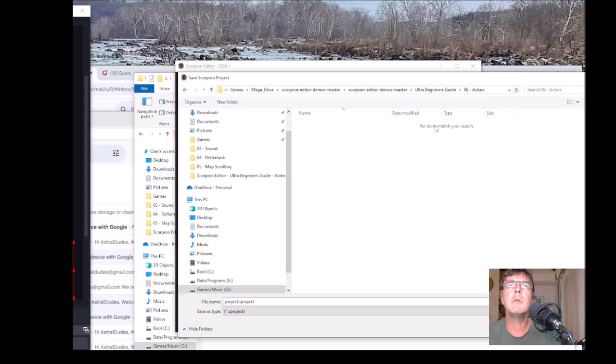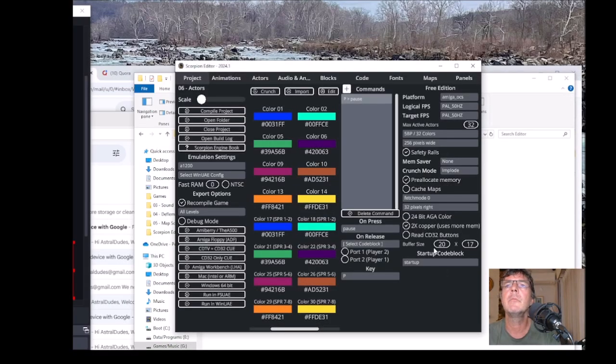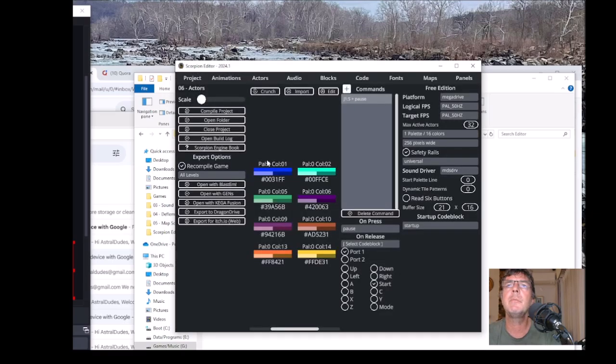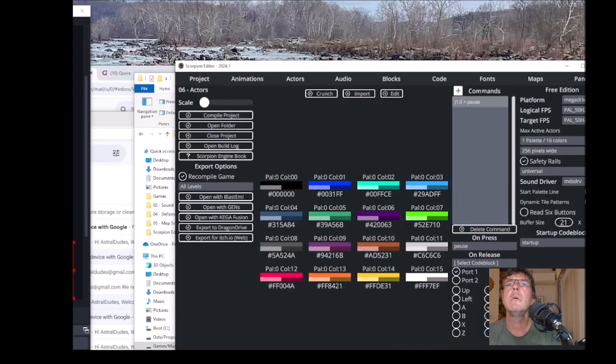And we'll save this one in our newly created folder, those 6 actors. Change it to Mega Drive. Okay, now